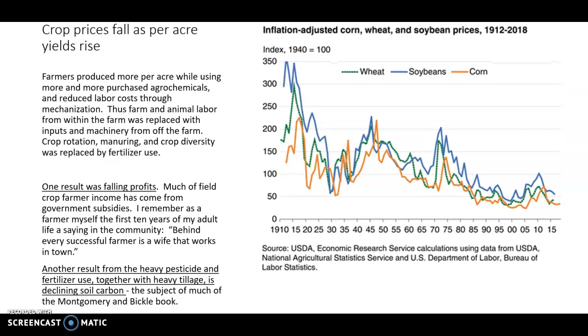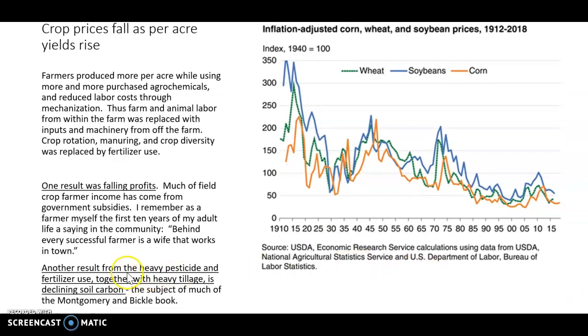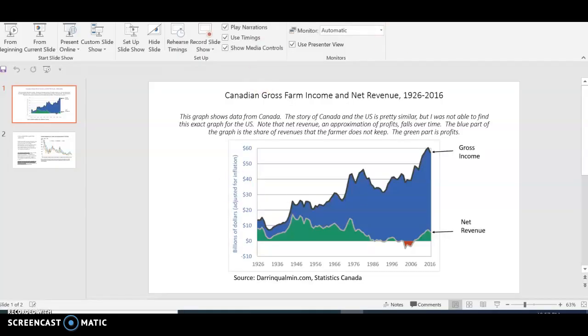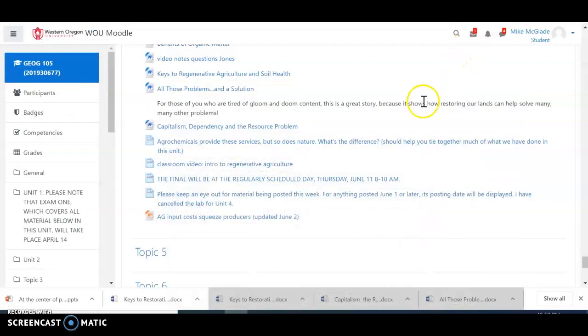And going down a little more on this, another result from the heavy pesticide and fertilizer use, together with heavy tillage, is declining soil carbon. So this is the subject of much of the Montgomery and Bickle book. Okay, so as you read that, you're getting a good sense of what I'm talking about. Okay, so this is the first slide, and we'll go now to the next one,